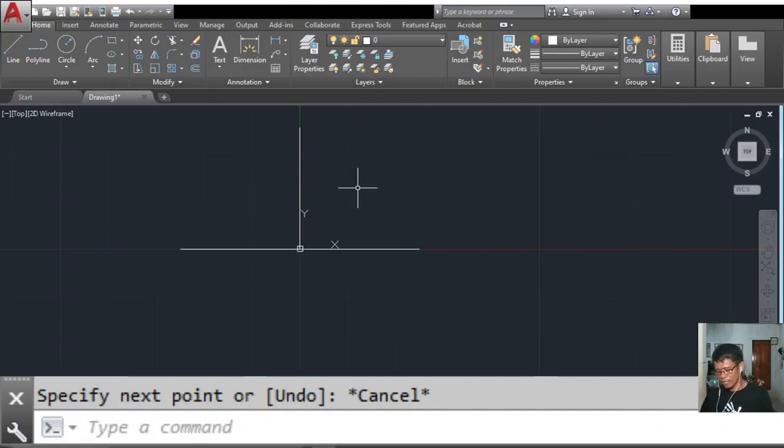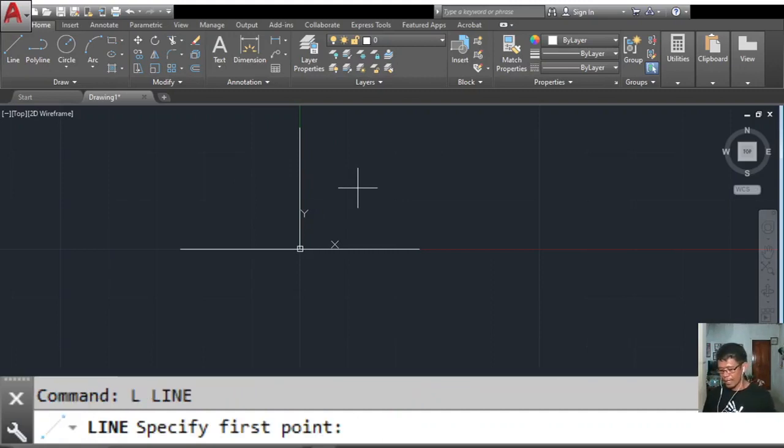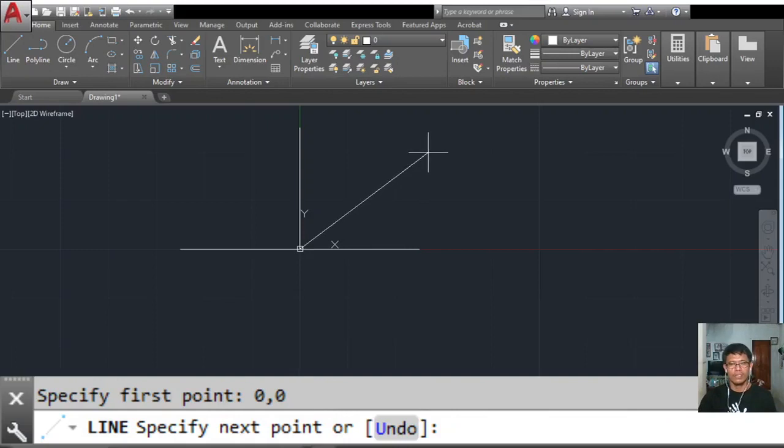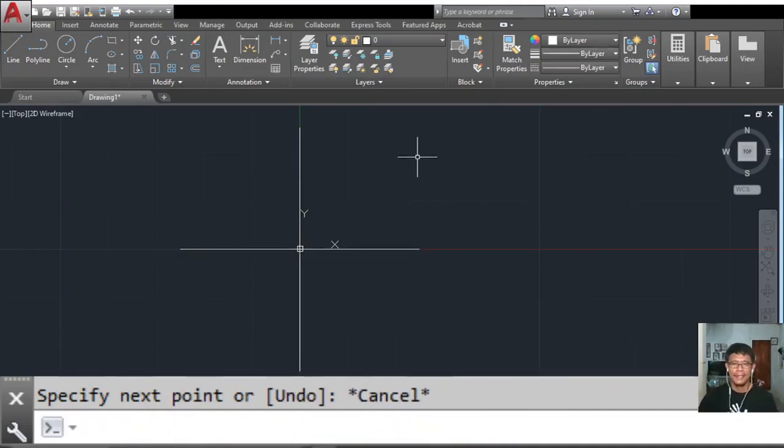So using the relative polar coordinate, I have here now this vertical line. Now, what if I want my line to be drawn below the x-axis starting from 0 and 0? So even though I will place my crosshair here, @25, shift, comma. Okay. What would be the angle here? If this is 0, 180, 90, how about here? That is 270 degrees. So enter. I have now a vertical line below the